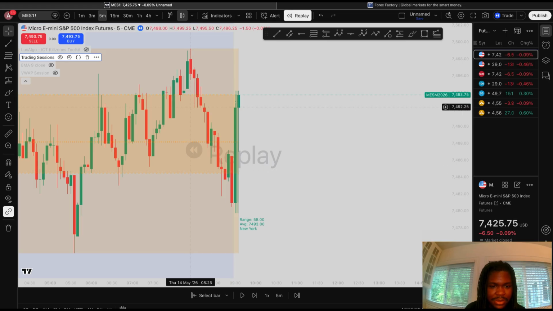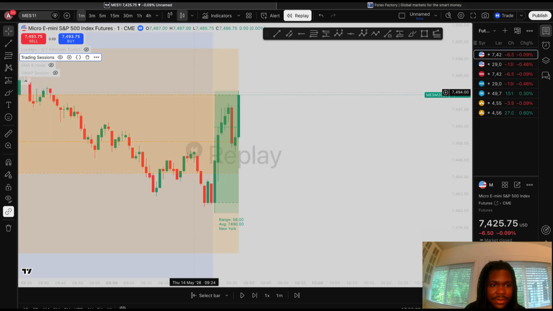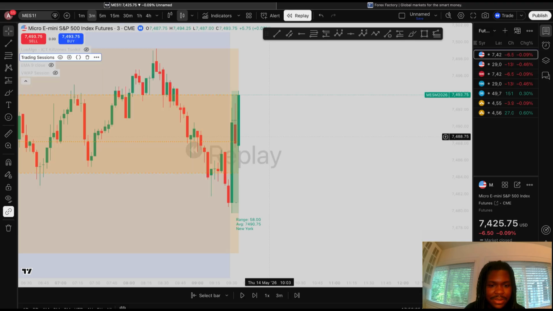which got swept all the way up here. We swept these relatively equal lows, and then price starts to push higher, which means liquidity got filled. And as price pushes higher, it gives us entry by giving us this fair value gap. So if we go back a candle,